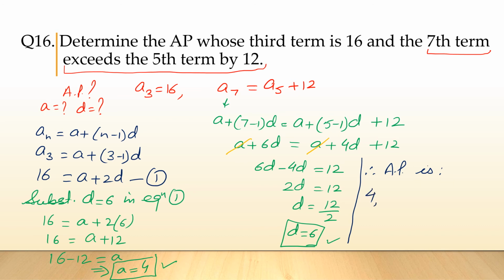Second term, if you remember, how do we find the second term? By adding the common difference to the first term. First term here is 4, common difference we have found is 6, so it will be 10. If you add the common difference to the second term, you get the third term. So 10 plus 6 is 16. Further, it will be 22 and so on. So this is the AP, right? After this, we'll do the next question.